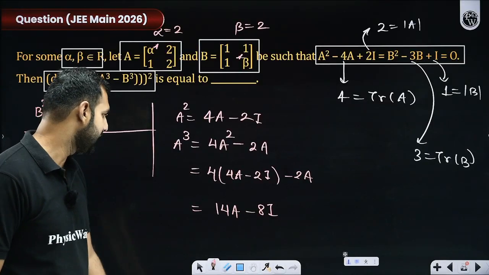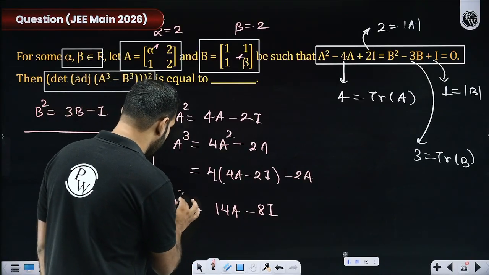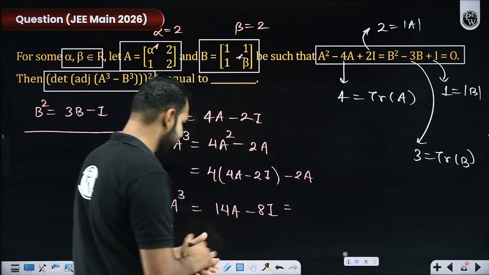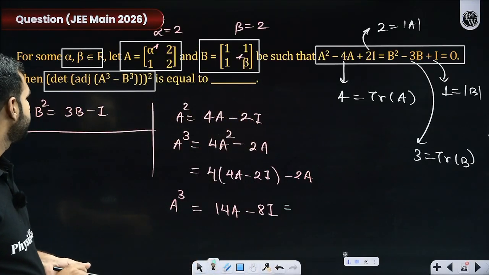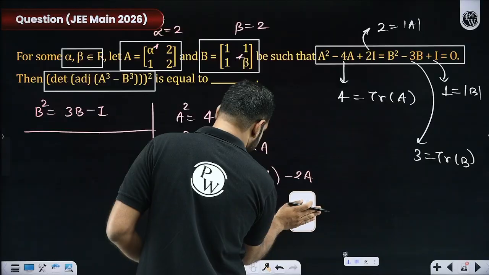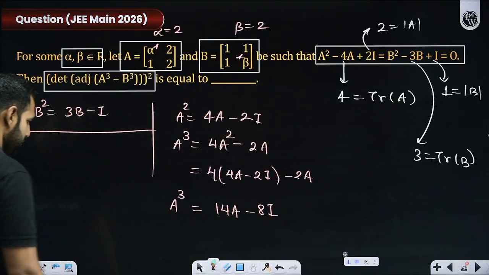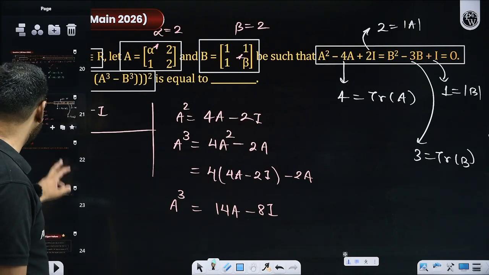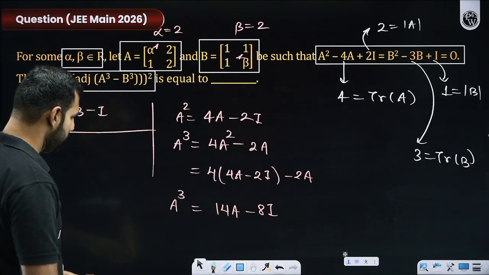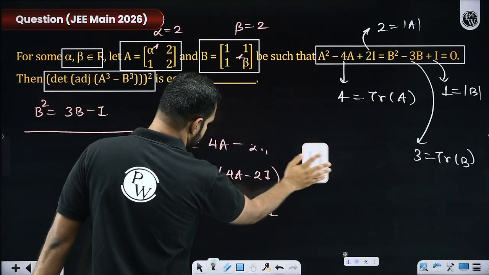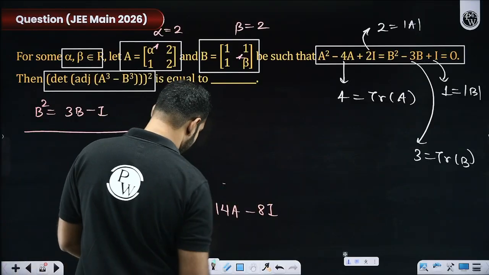So this is how you define a cube. But if I wish to write a cube in a better form, it will look like this: 14a minus 8i. I'll keep it as 14a minus 8i right now. Is that okay? I'll do that whole calculation later if you are okay with that. The next part I'm supposed to do is find b cube as well. So what will be b cube? Let us try and work that out. Right now I have a cube, which I'm writing here.